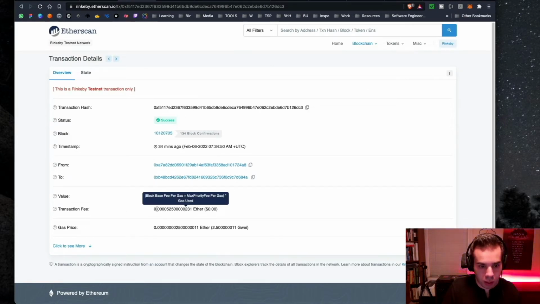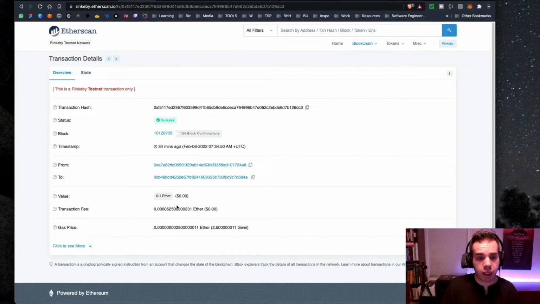So of course, this is less than a penny. This is not a lot of money. But if we're sending a huge contract and we're writing a smart contract onto the blockchain, that can be expensive. If we're writing it several times, if users are interacting with that smart contract, that's going to be costly potentially.